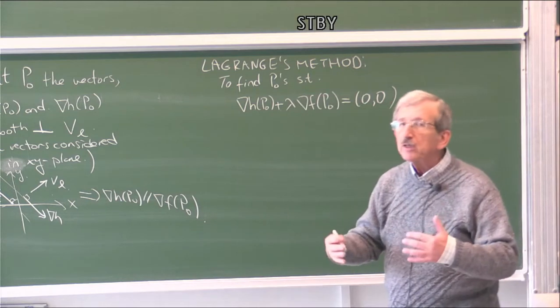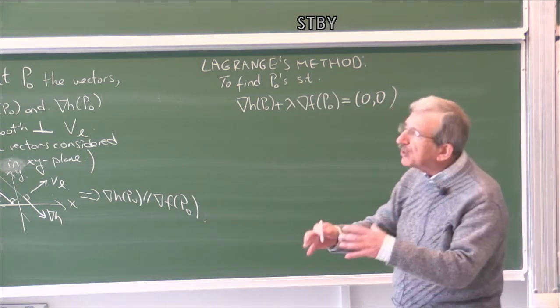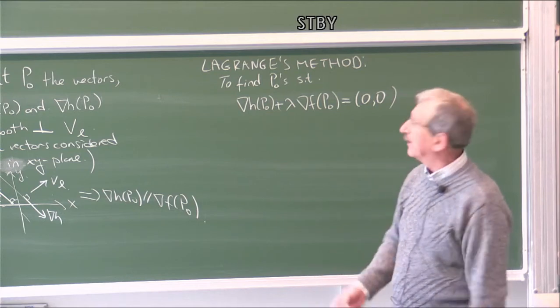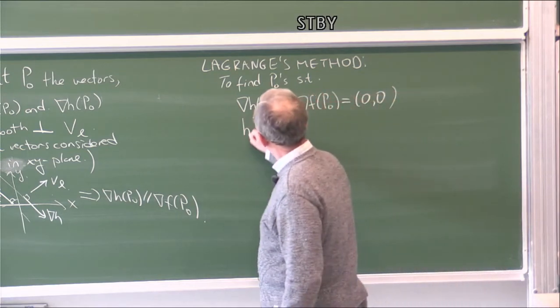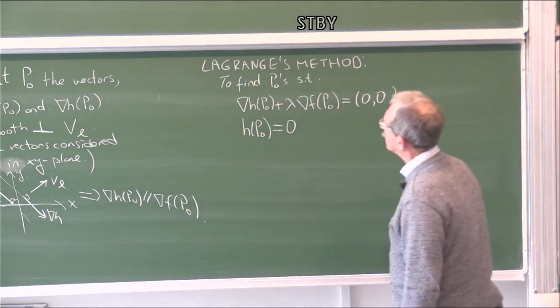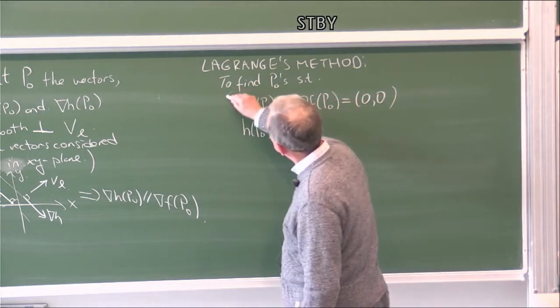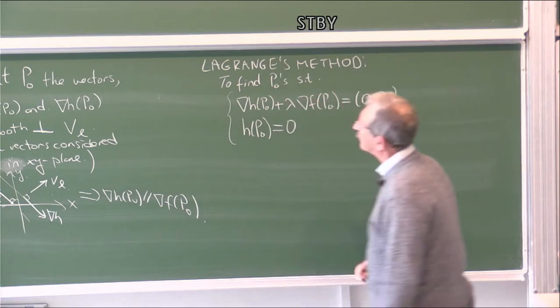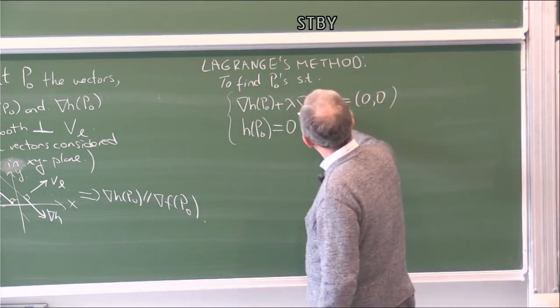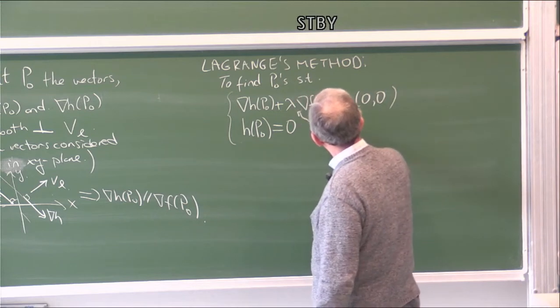It is a point chosen from the bottom curve, h of xy is 0. So it must satisfy that h of p0 is 0. Now this system of equations, where of course this lambda is called Lagrange multiplier,